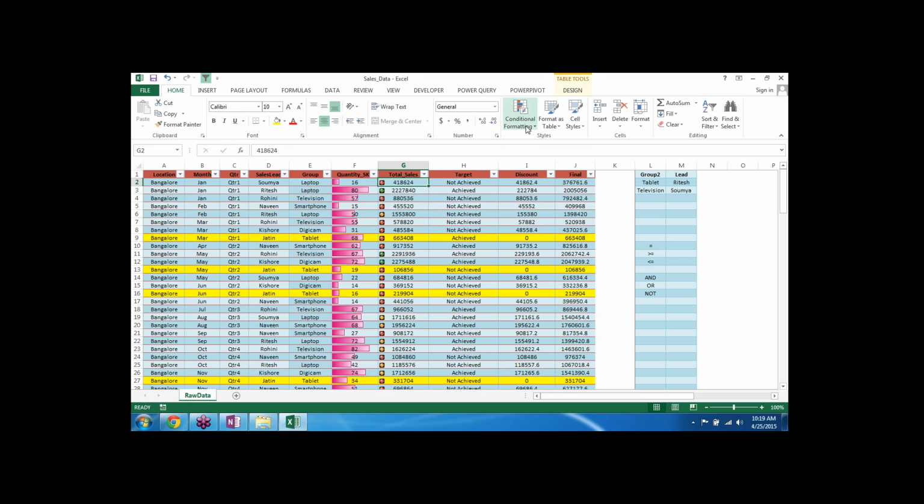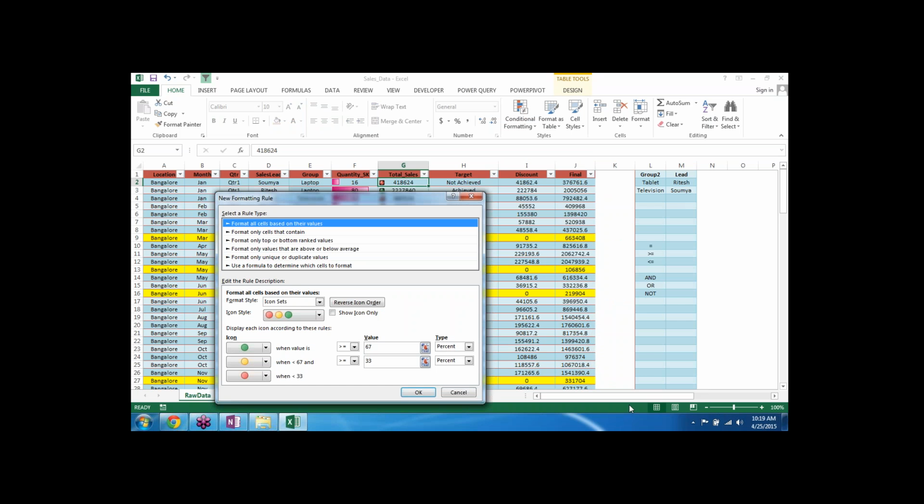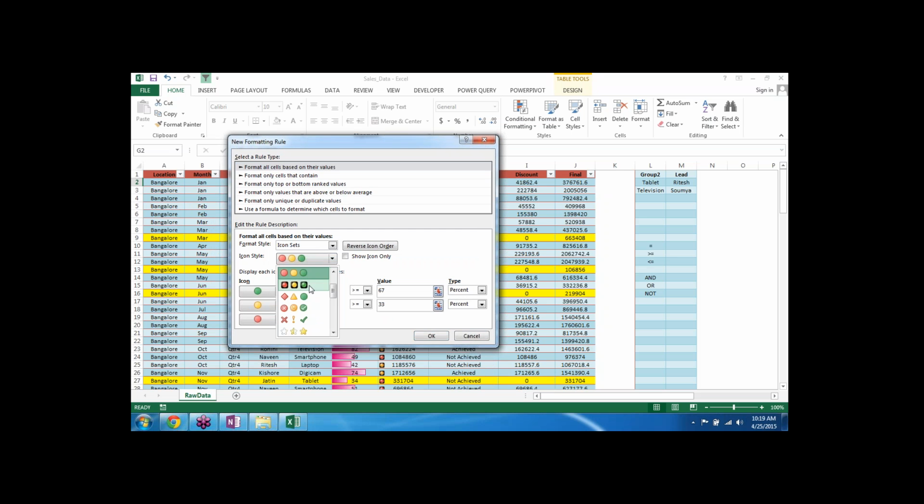At any point of time, if you want to see how these colorings have been done, you can go to this options. It says manage rules, and there you can see that icon styles are there, and it automatically selects 67 and 33%.